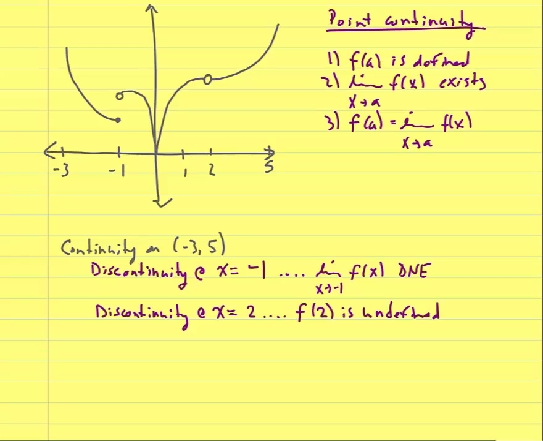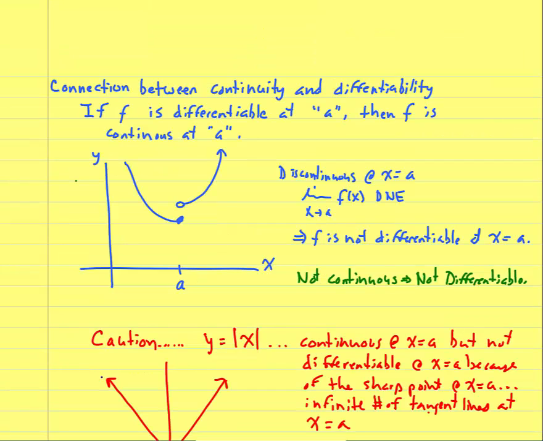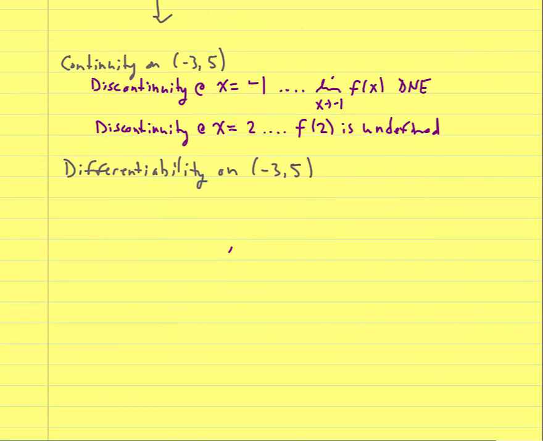Now let's go ahead and talk about differentiability. So differentiability, and let's do the same interval, -3 to 5. So if I talk about differentiability from -3 to 5, I just have to basically start at my discontinuities, because if it's discontinuous, it's not differentiable. So for this particular graph, to get started, I have 2 discontinuities that I can grab from up above. So it's not differentiable